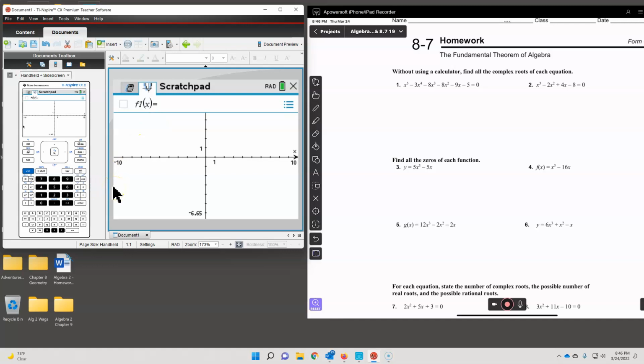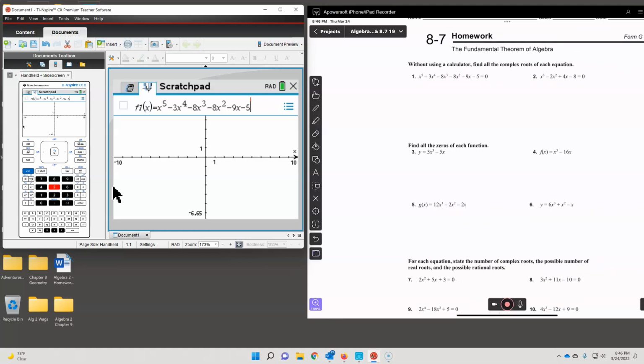So it's going to be x to the 5th power minus 3x to the 4th minus 8x to the 3rd minus 8x squared minus 9x minus 5, and we're going to look for the roots, and we're going to go ahead and press enter. Go ahead and press enter to graph this,